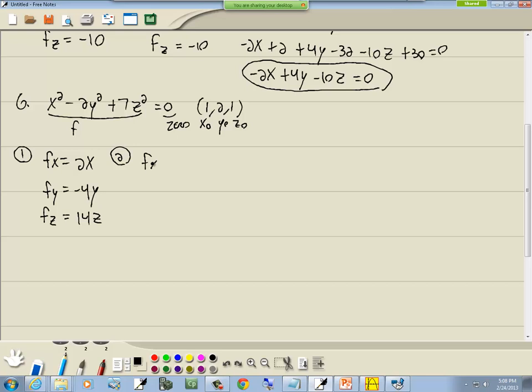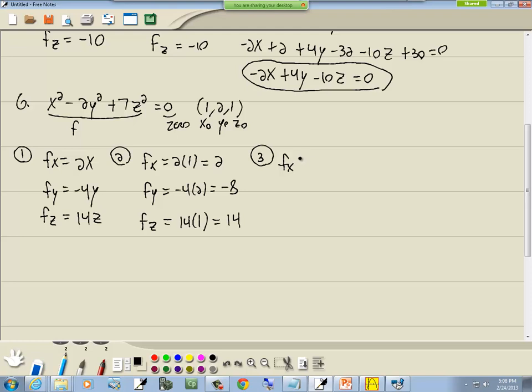So our partial with respect to x is going to equal 2 times 1, which is 2. Partial with respect to y is going to equal negative 4 times y, which is 2, so that's negative 8. And partial with respect to z is going to equal 14 times z, which is 1, which gives us 14. Now the equation of the tangent plane. We're going to have partials